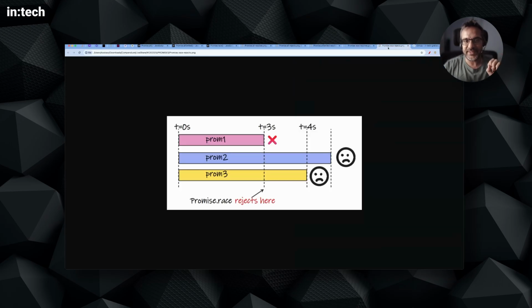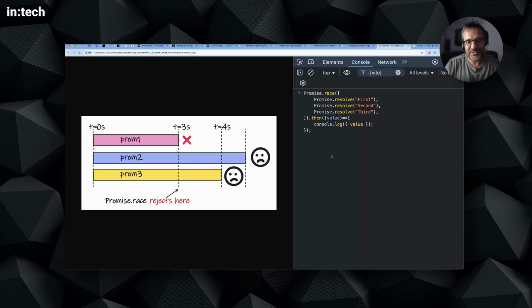Now, there's another case where one of these promises gets rejected. In this case, let me grab the code. Promise.race works in exactly the same way, but instead of looking at the first promise that resolves, it also looks at the first, fastest, let's say, promise that got rejected. So it's not only finding the quickest resolution, the quickest successful result, but also the quickest error or rejection. So in this case, if I reject the first one,